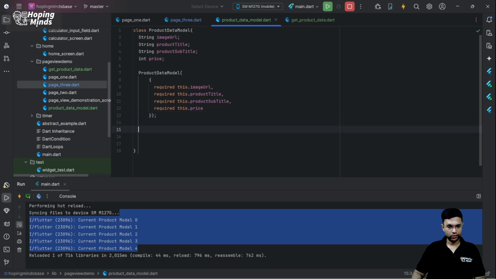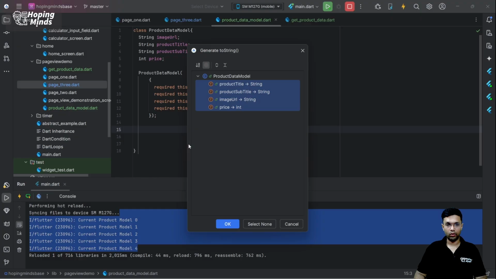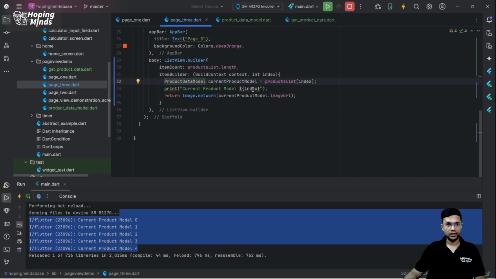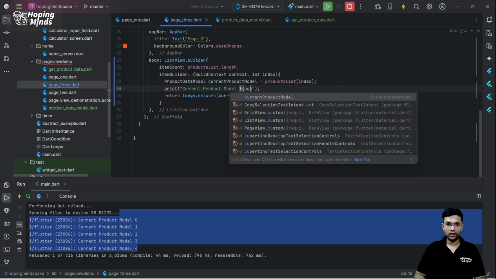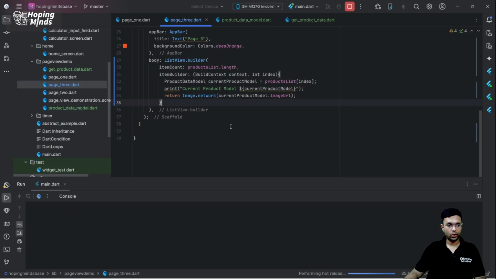In fact, I can give you a shortcut. I'll take this toString, select all the variables, and data saved equals, let me this time, instead of printing the index, just print current product model. If I now do a hot reload,